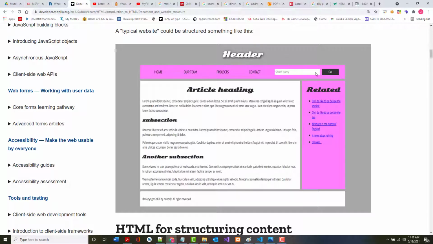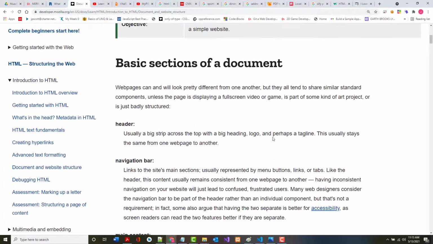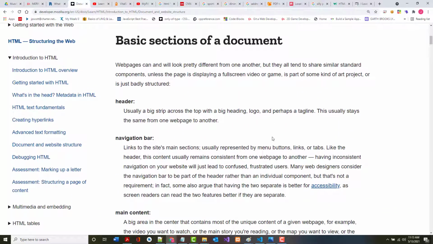This would be in a nav section. This would be an article. This would be a section type of thing. There's a lot of different ways that you can lay this stuff out. So very important that you read through this, because this is where we're going to start actually making our stuff look more professional or whatever. So as mentioned here,